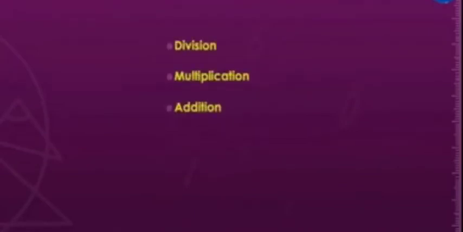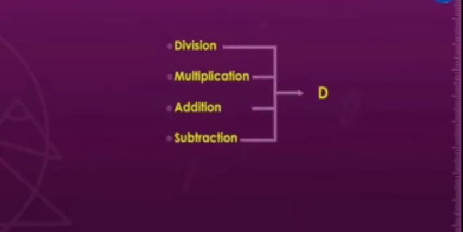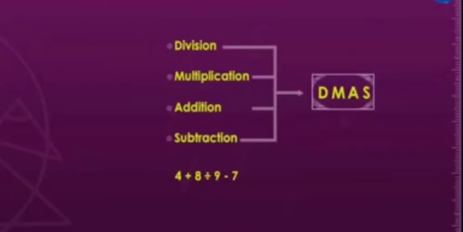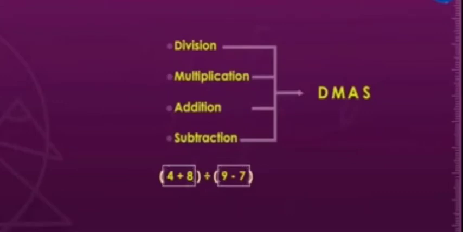We already know division, multiplication, addition, subtraction according to BODMAS from the earlier classes. Sometimes we may need to add before we divide or perform some other operation before the one given in our BODMAS rule. In such cases, children, we use brackets. The operations to be done first are placed within the brackets. Look at the screen. Now let us see one example.